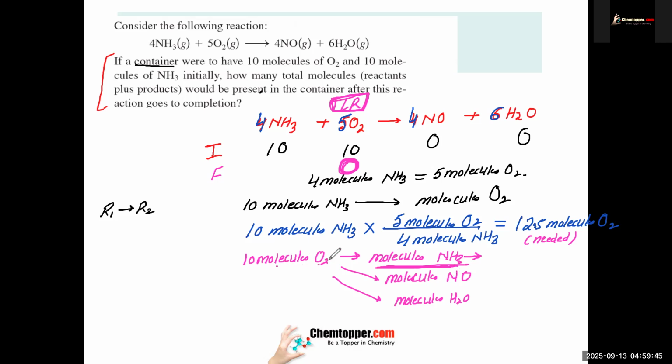10 molecules of O2 will react. Just swap it, yeah. 8 molecules, 40 over 5, of ammonia. And how much is given? 10. So how much is left? 2. So shall I put 2 here? Yeah. Okay. Vihan and Darsh,